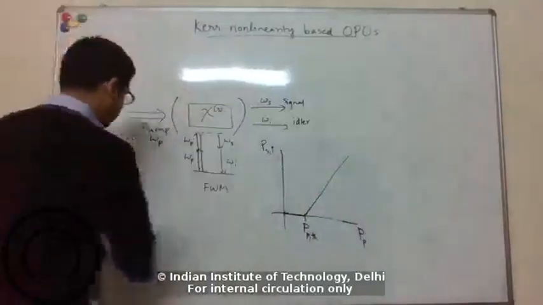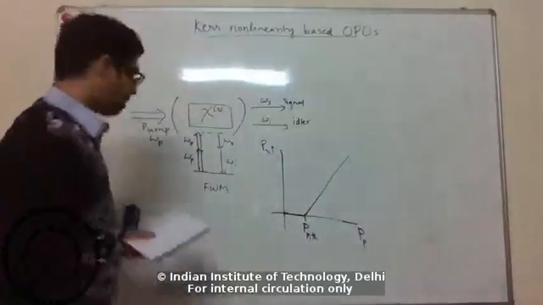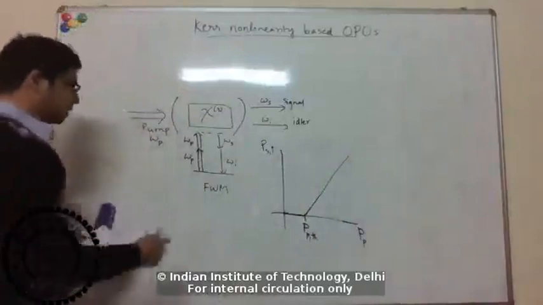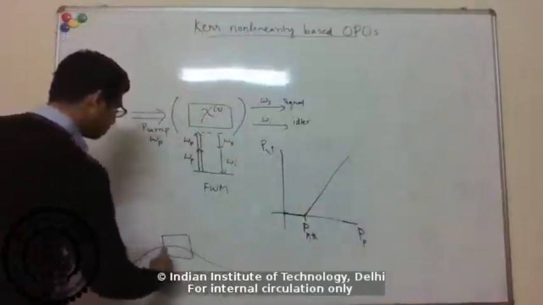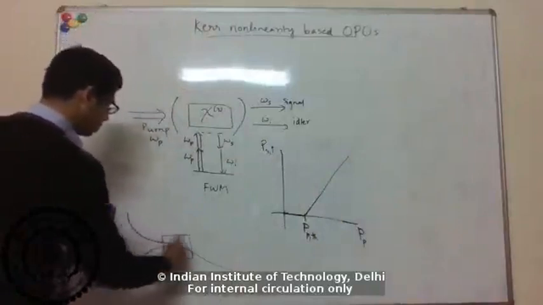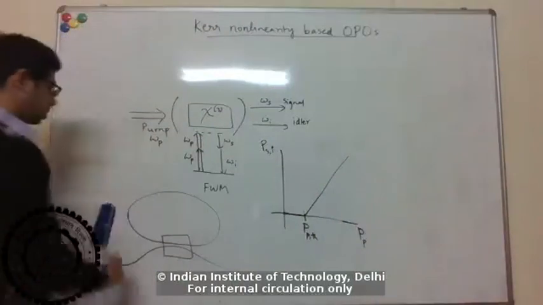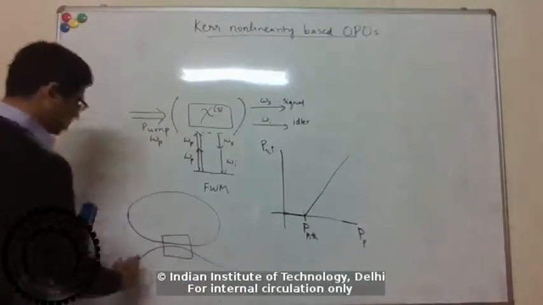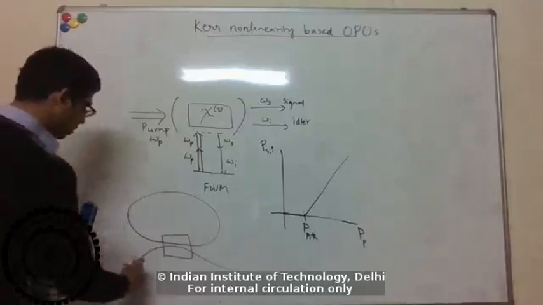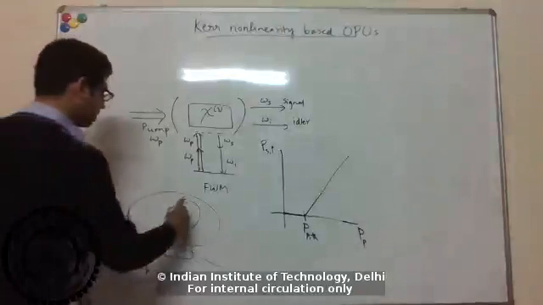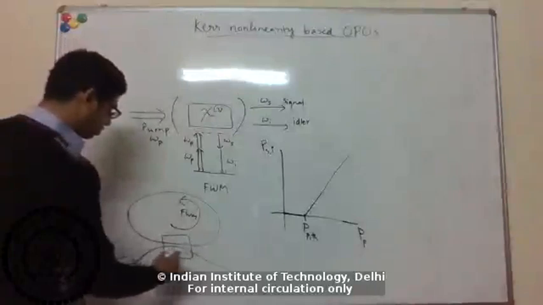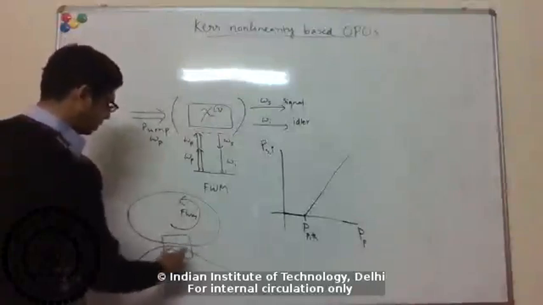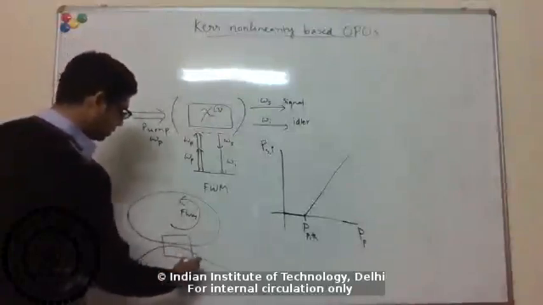So typically this kind of setup is done in a ring cavity, either in a fiber-based ring cavity. So you send in your input pump power from here, and then there is four-wave mixing. Then you have some coupler here, right? This is a fiber beam splitter,